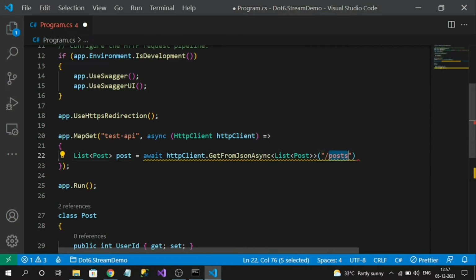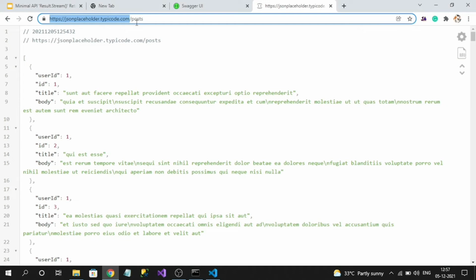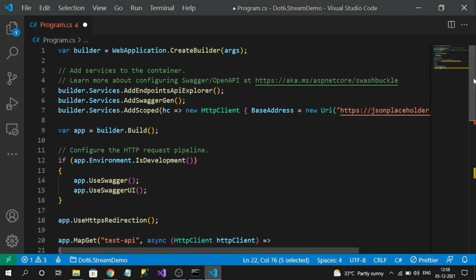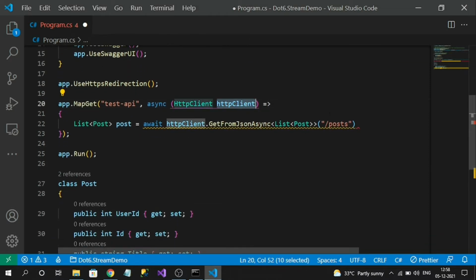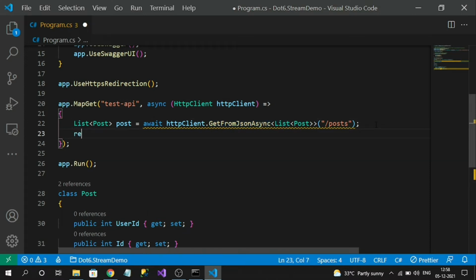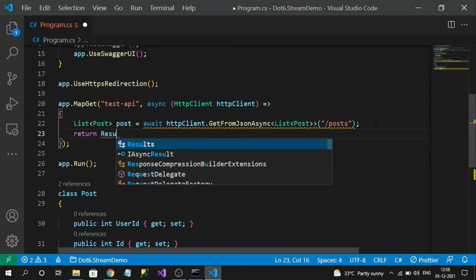This path is the remaining path of our API, because the domain is already registered, so that configuration is available in this object. So here I am invoking the API, capturing the response stream, and deserializing it back to our response model.